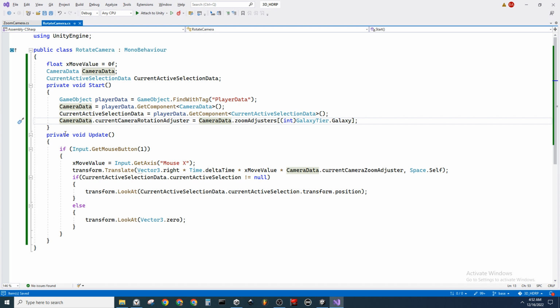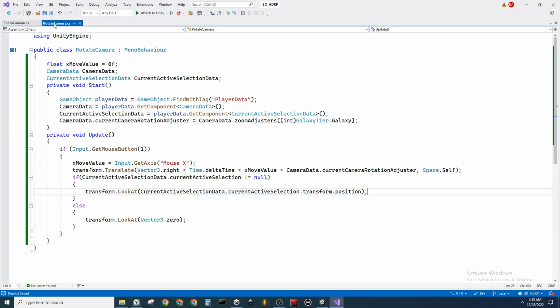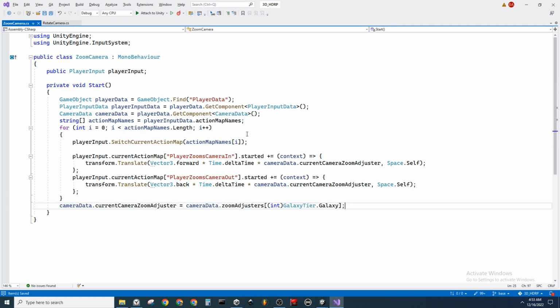And oh, whoops. And I screwed it up there. Okay. Auto completed incorrectly. Or I typed it wrong, I'm not sure which one. One or the other. The default's galaxy tier. Whoops, and I need to switch this to rotation adjuster. Dang it. I was hoping the copy paste would serve me better than that. Okay. So now we're looking at,